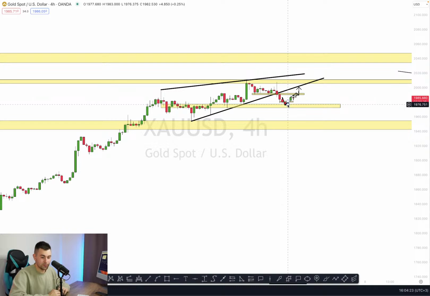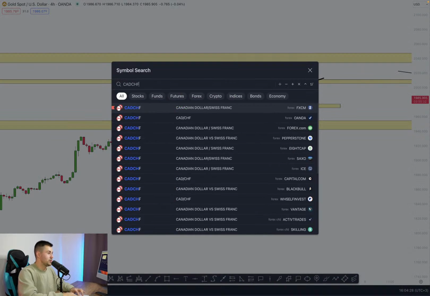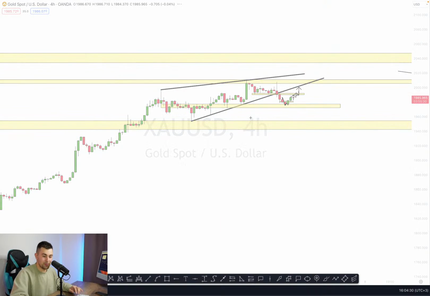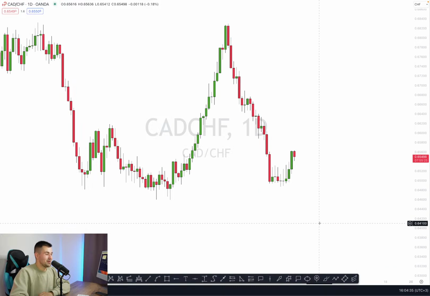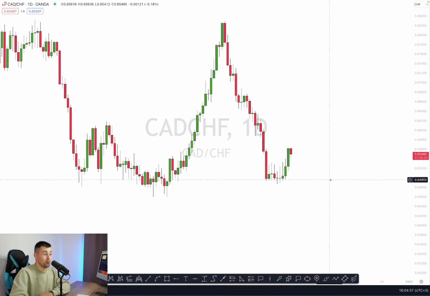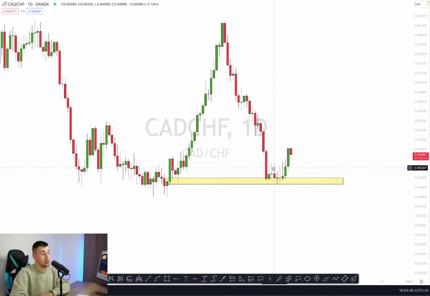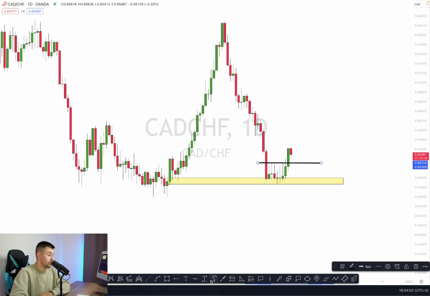Now, CAD Swiss. A lot of questions about CAD Swiss. Interesting. Why CAD Swiss, traders? What is the reason that so many members want to check CAD Swiss? Very interesting. And CAD Swiss, by the way, looks very bullish to me. And what we can see is that CAD Swiss pair reached that horizontal support. We were consolidating on that support. We formed a range. Yes, we started to trade within a narrow range here.